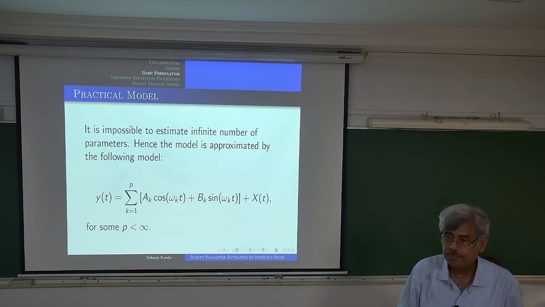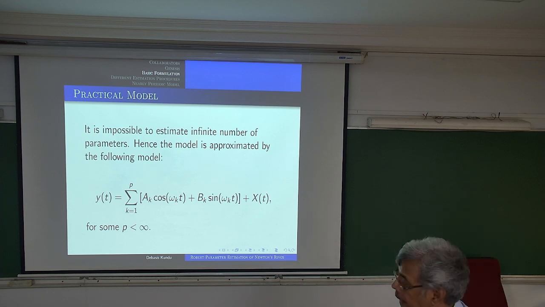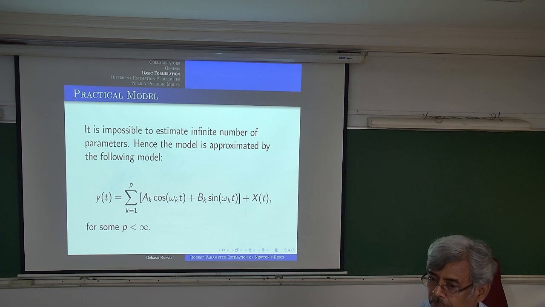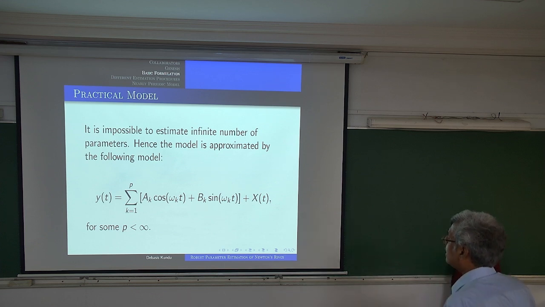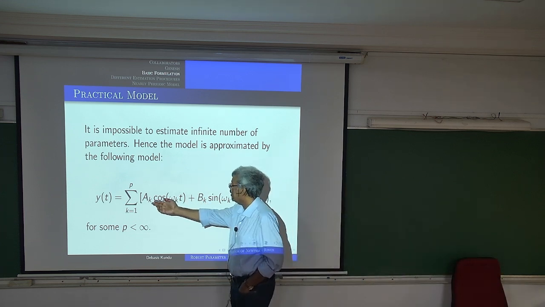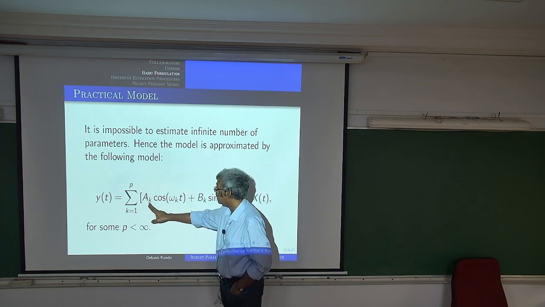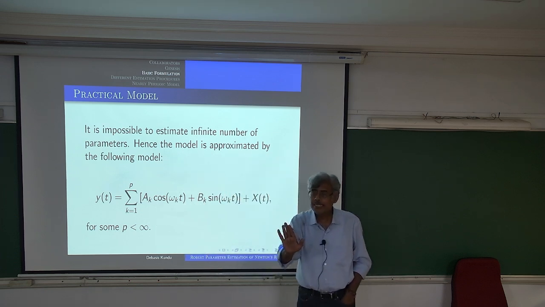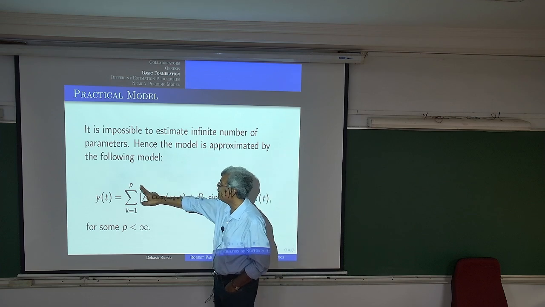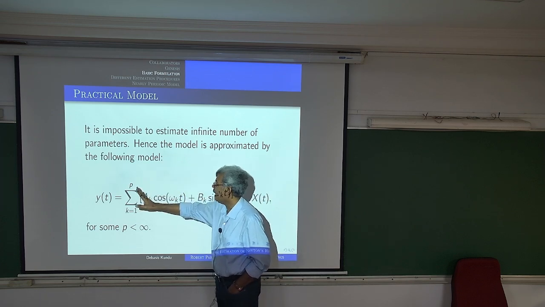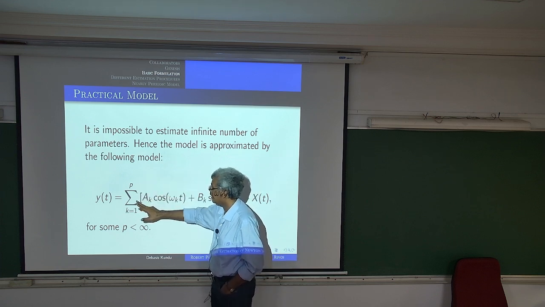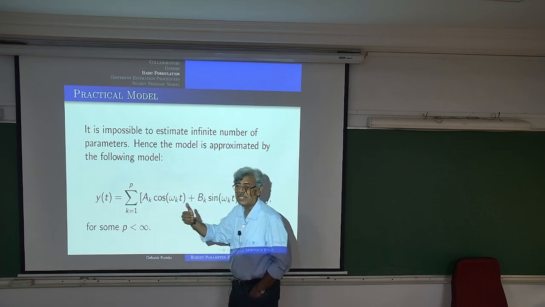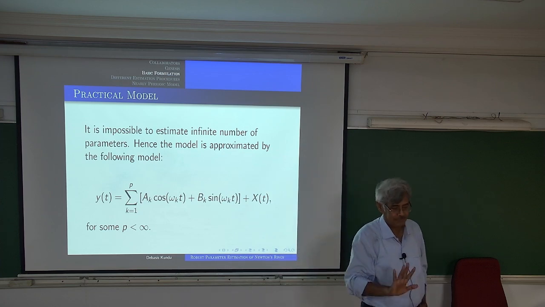One very technical question. When you do that, the series should converge. So is it pointwise convergence or something you are using? Well, this series should converge in the sense that it is not very difficult to show. If your AKs and BKs are bounded, it is fine. Because your P is a fixed quantity, suppose P is equal to say 10, then as long as it is not an infinite series, convergence is not an issue.